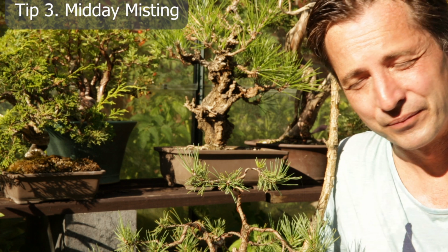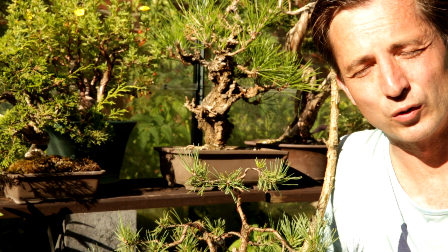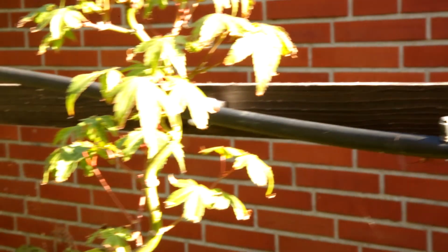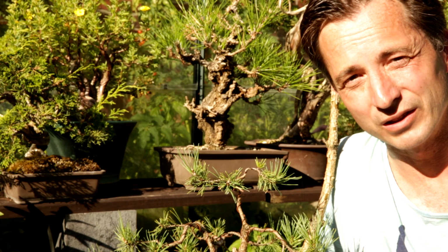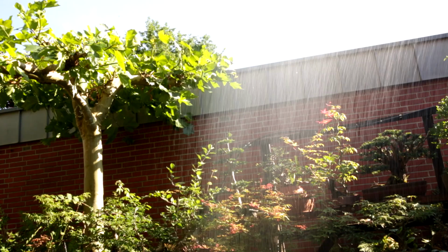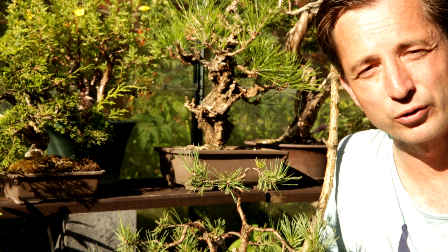Option number 3. One of the things that I've installed in my garden is a misting system. All along my trees I've got some water lines, and on the one hand you can have somebody at home, like yourself, your partner, a friend or a neighbor, who in the middle of the day, the hottest part of the day, switches on the water. The misters will create a mist of water, cooling down immediately the foliage but also the pots of all your